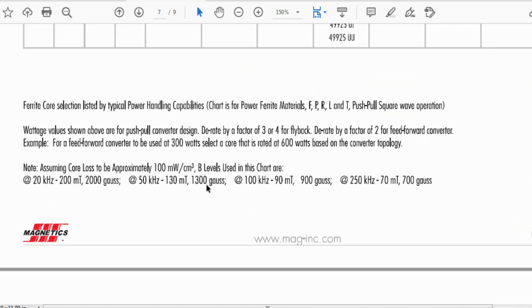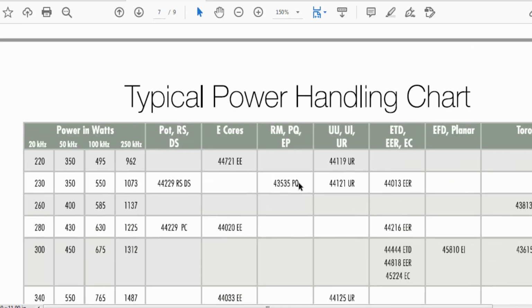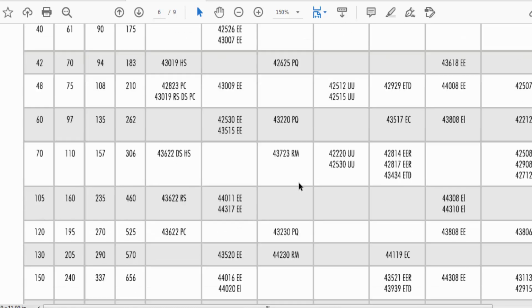This is the gauss, this is the rate. If you design a transformer using this maximum Bmax at 100 kilohertz, select maximum 900, and for a safe range select it at 0.07, 700 gauss, so that the core will work properly, the core losses will not increase, and the core will not go into saturation.